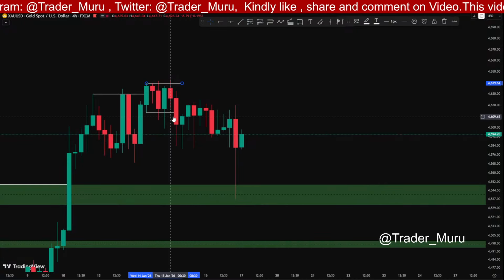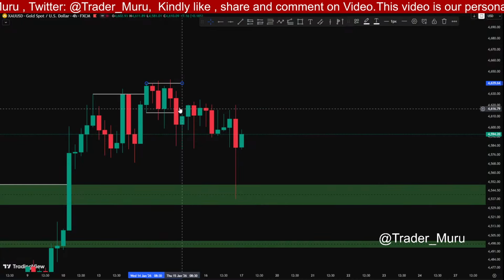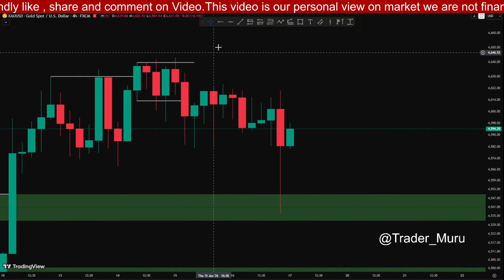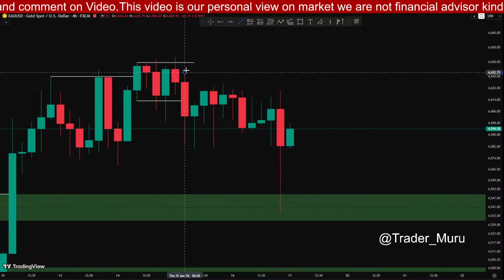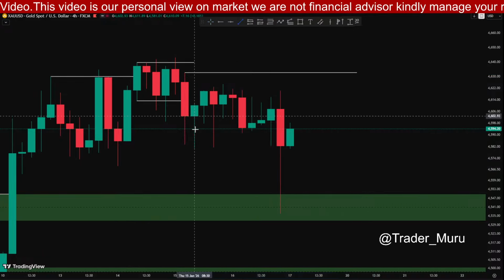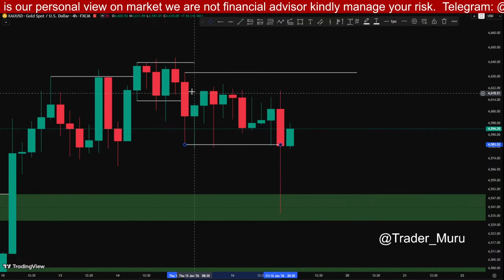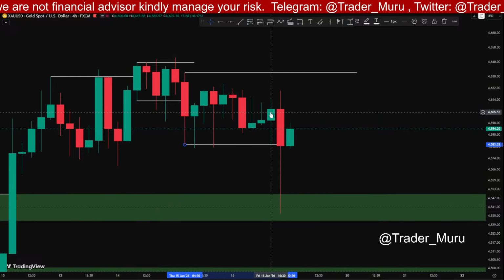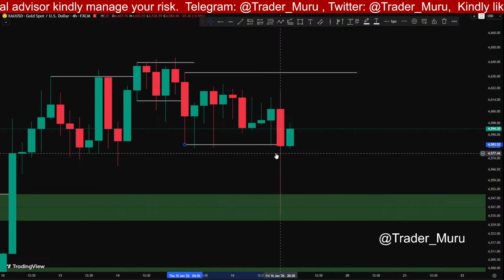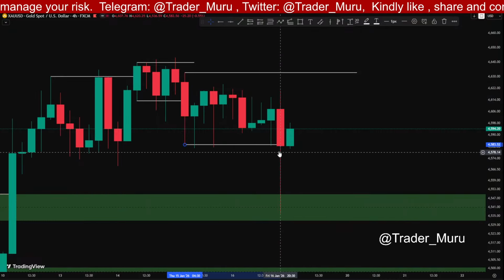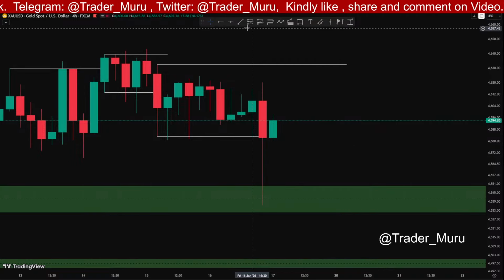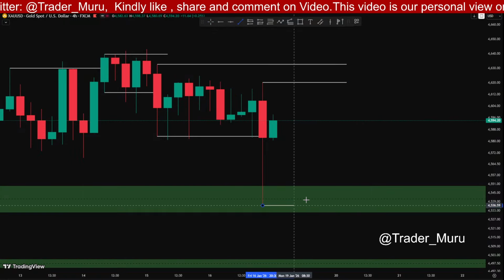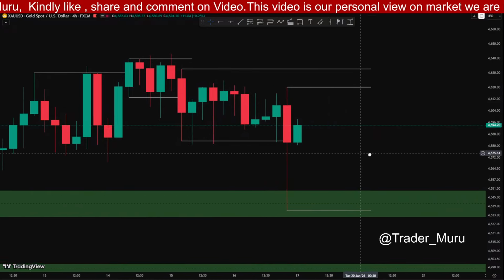After breaking this range, this candle is our new range. Whichever candle breaks the low and closes below creates a new range, so its high and low is our new range. As you can see, this was our new range. Price just ranged here for some time, and after that price broke below and closed another candle below it. So this high and this low is our new range